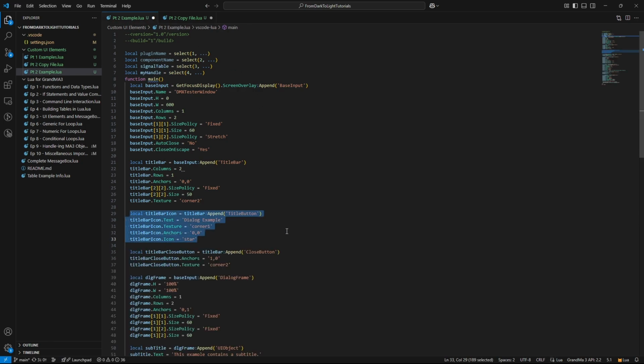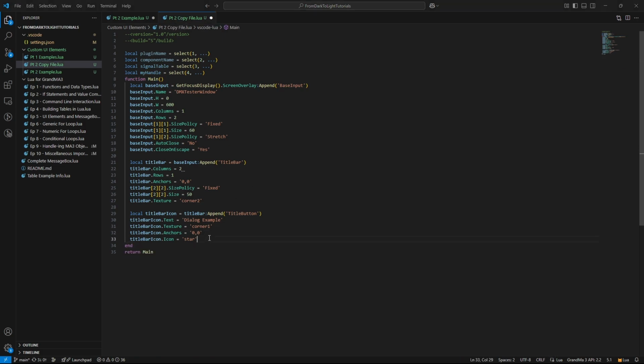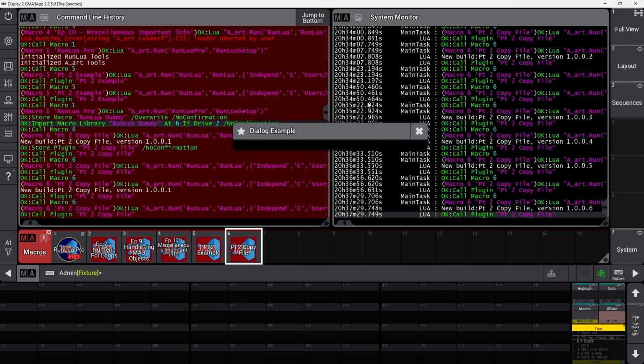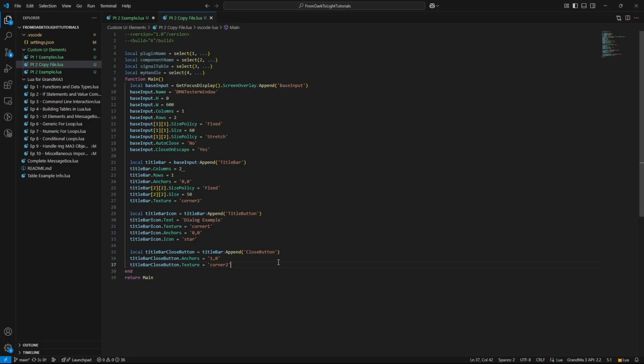And now I'm going to go ahead and copy my title bar close button. And I'm going to paste that right here. And go run that. And now we have a complete title bar. This is my second column, this is my first column, and this one is clickable. Now I can close it that way. Super nice. And that is an attribute of the title bar close button object, that it is a close button. And so clicking it does close the pop-up. And again, we can see it's anchored at 1, 0. So it's in the second column of the first row.